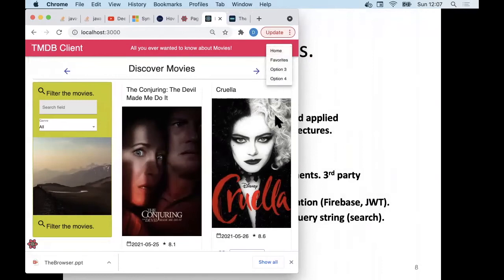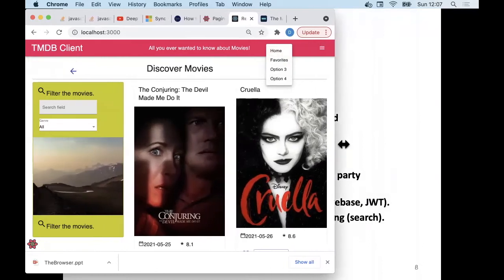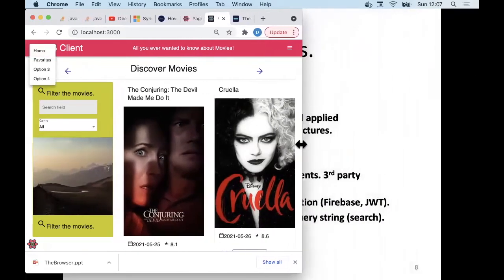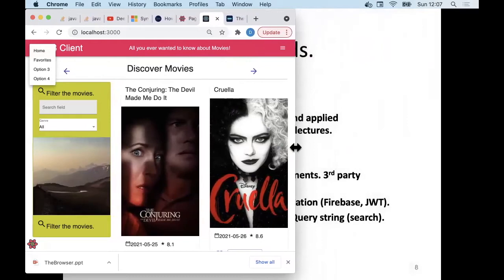Also, the number of movie cards listed on a row varies depending on the size of your display area. So that's responsiveness occurring there,